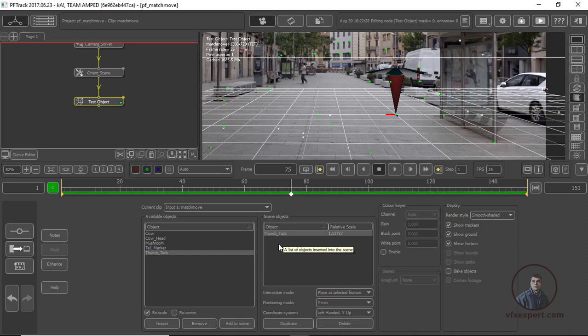So downside you will see duplicate. I have selected this one, then click on duplicate. Now you have checked this option. Select your point. Now you have successfully moved your second object. Again, click on duplicate the same way. So you can create different objects on different points for checking your solutions or camera solve.